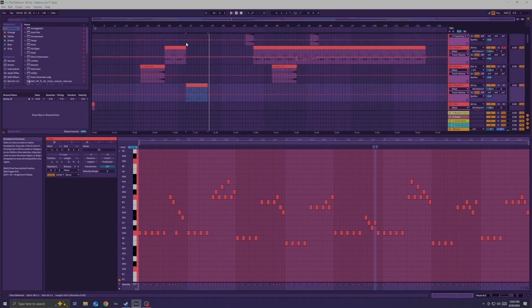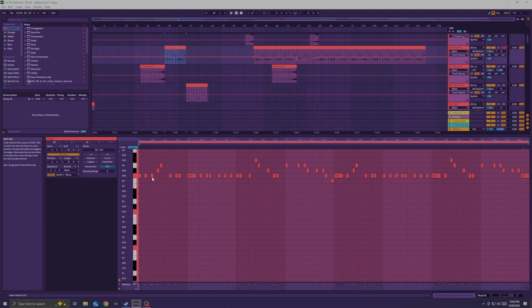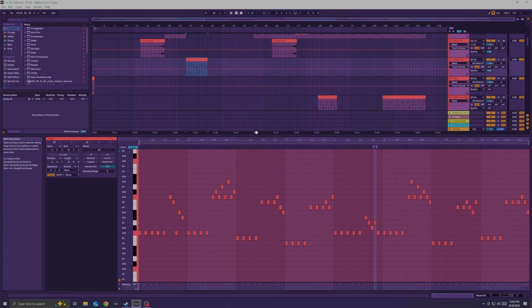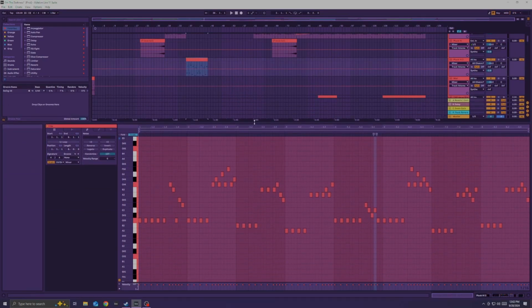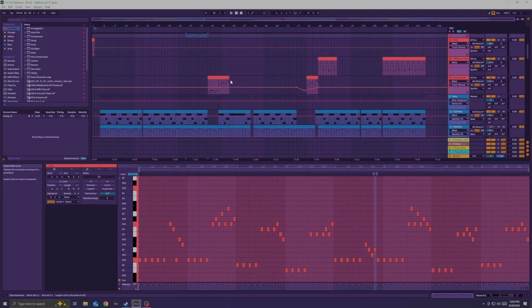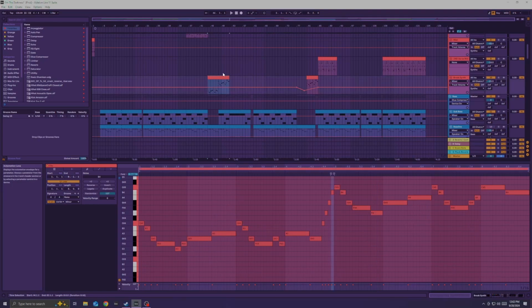A lot of these notes hit on this C sharp because that's the key of the song. So I didn't want to stray too far from the original melody, but this really kind of cements that tone of the song. So I liked it. So then we go into another 8-bar section, and again I did a different melody for this,